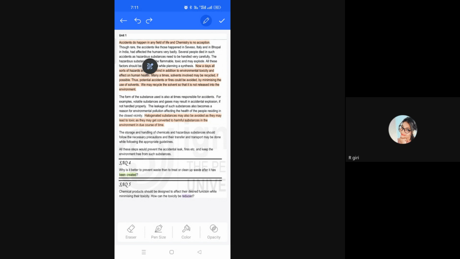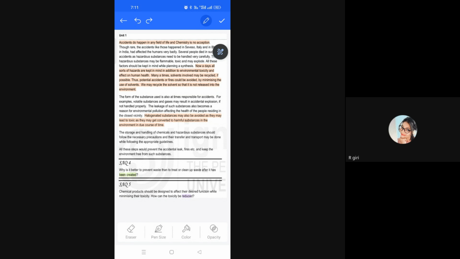Here, one thing is that nowadays, all sorts of hazards are kept in mind in addition to environment toxic and effect on human health. Many times, solvents involved may be recycled. I have already told you the solvent which you are using during the course of reaction, it should be recycled or recollected by the